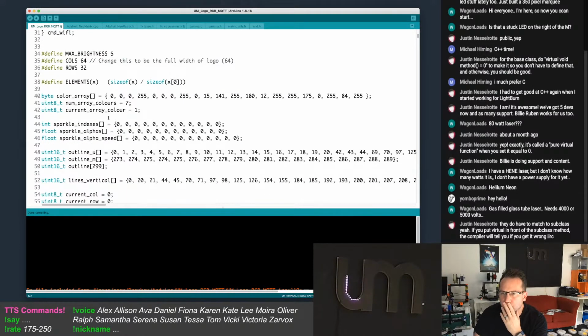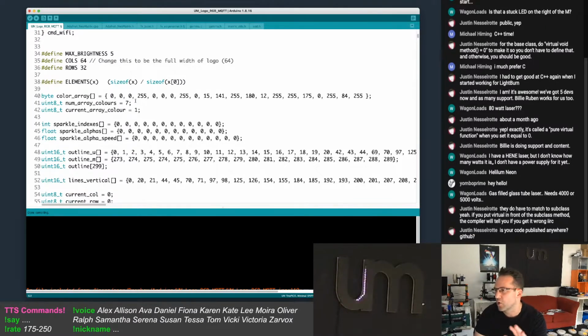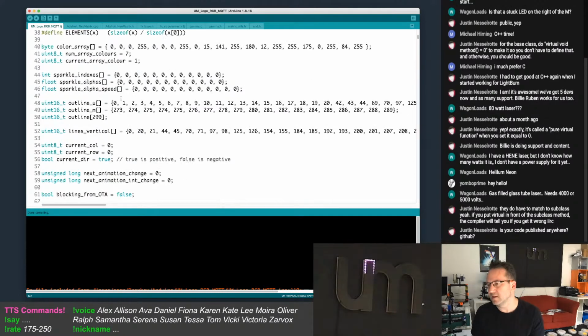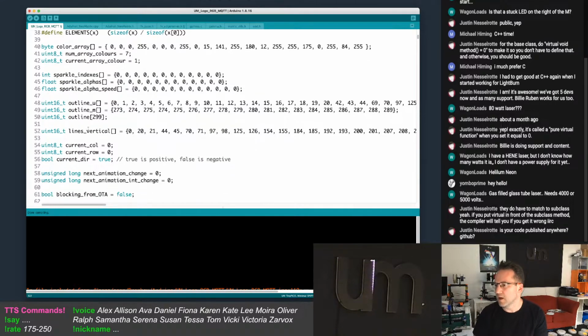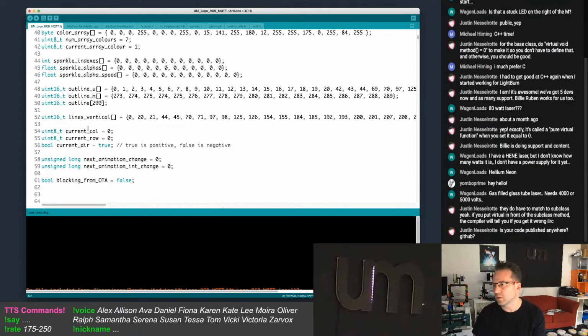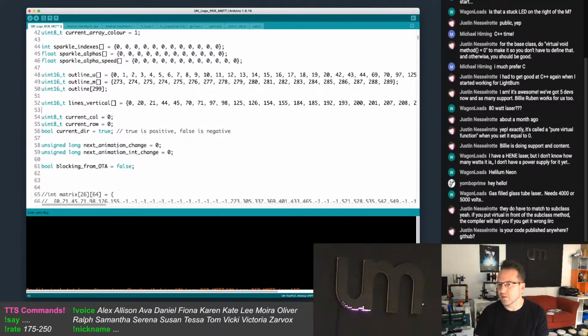So this code's not, no, this code is absolutely not on GitHub. This code is a totally hack job of all sorts of stuff that will not work on anyone else's devices for anything. So sorry. And it's seriously not in a fit state for anyone. As I said, I've hacked the old laser code, the old logo code, to get some basic stuff working on here, so I can keep all of my MQTT and OTA stuff and everything else. But yeah.